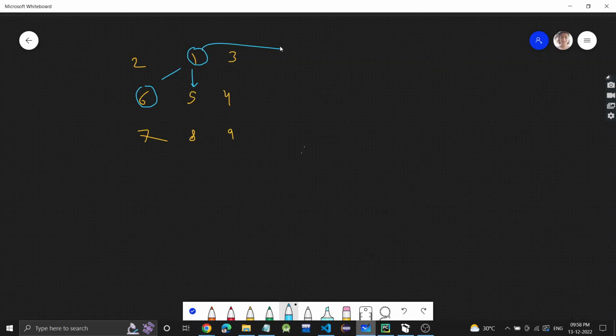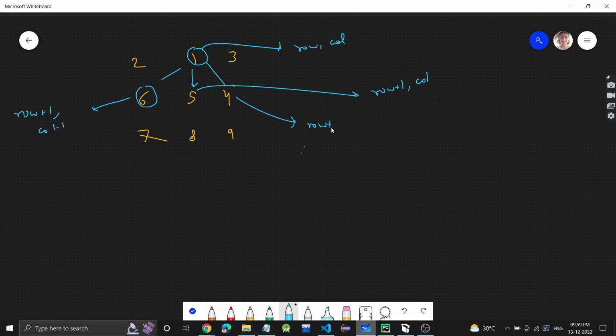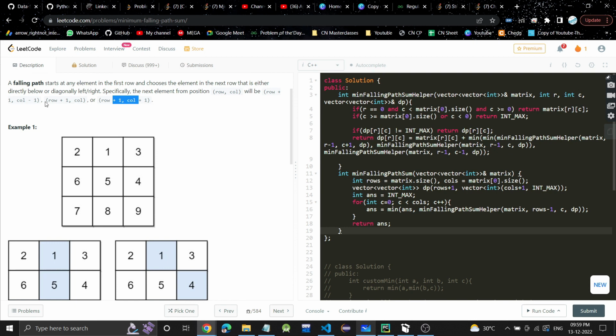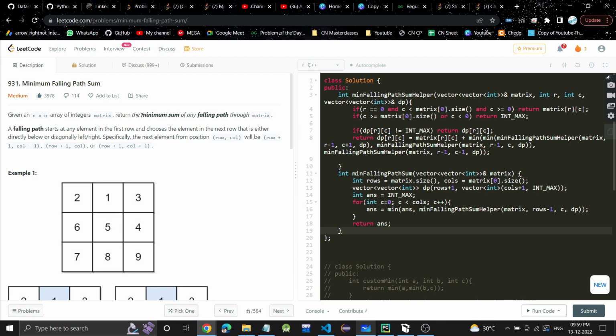That is, if this position is your row comma col, the next position could be row plus 1 comma the same column, or row plus 1 with the previous column, or row plus 1 with one column ahead. So this is what a falling path is, and we have to find the minimum sum of a falling path.